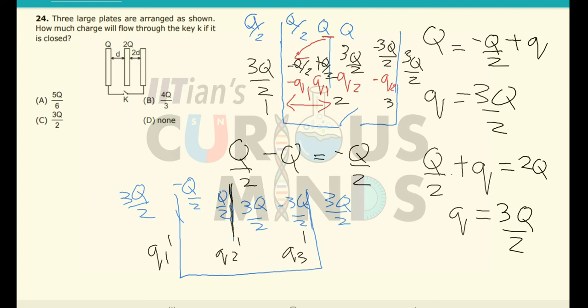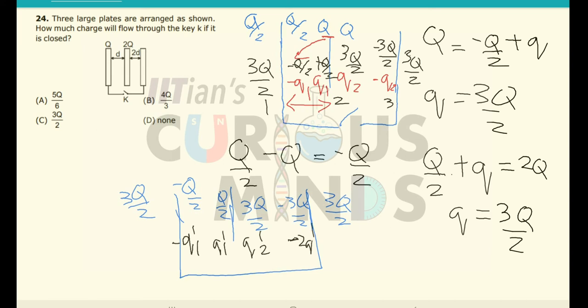Okay, the total charge on the center plate will remain the same. Again, if I apply the same law, the total charges inside the capacitor should be equal and opposite in magnitude. Let this be equal to minus Q1 dash, as we have taken earlier. This will be equal to Q1 dash. This will be equal to Q2 dash, and on the left hand side of the second plate it will be equal to negative Q2 dash.